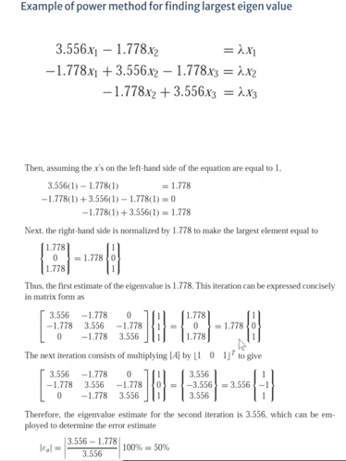Since we have two approximations now, this is my first eigenvalue, this is my second approximated eigenvalue. Similarly, this is my first approximated eigenvector, and this is my second approximated eigenvector. Now we have calculated the relative approximate error, which is calculated as the second approximation minus the first approximation divided by the second approximation, times 100. So it came out to be 50%.